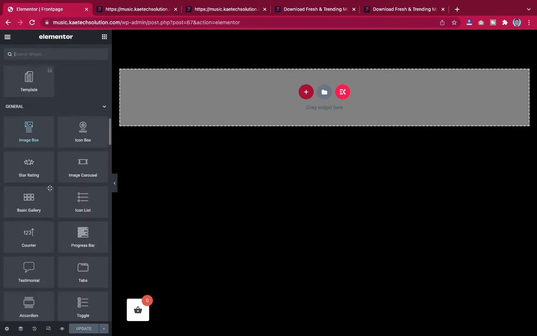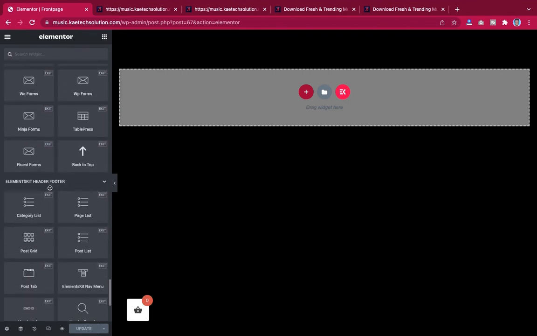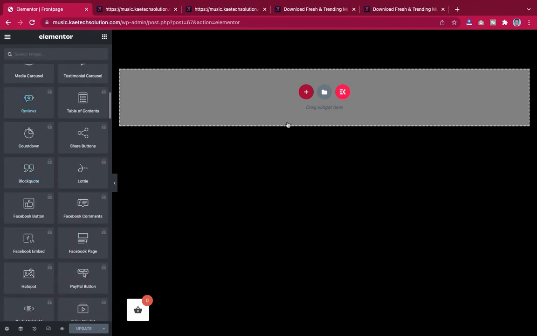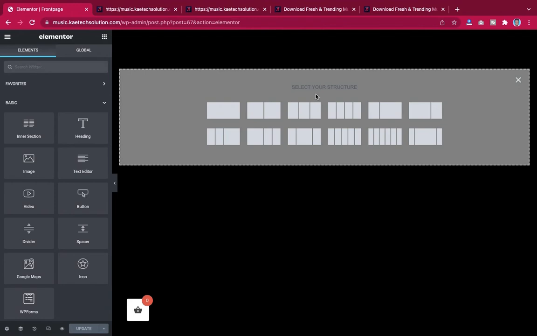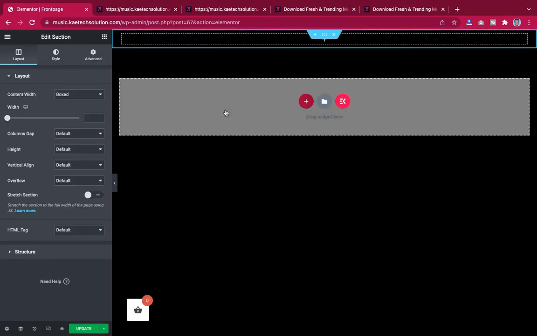Okay, all these are the elements and widgets that you can just drag and drop over here to build your page. So if you want to build a page, what you have to do is select a structure or a section over here. You click on the section, and then you can select a one column section or two column section, however you want to build it. For instance, I can just select this one column section over here,